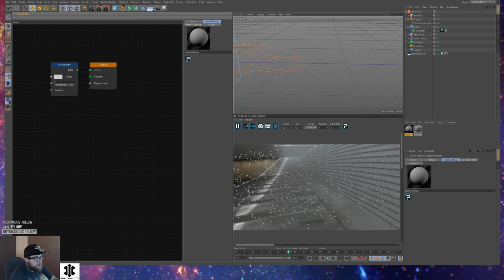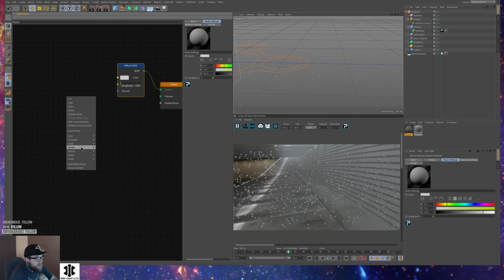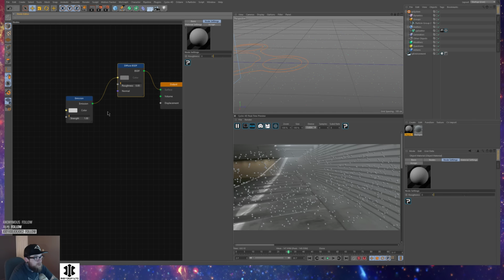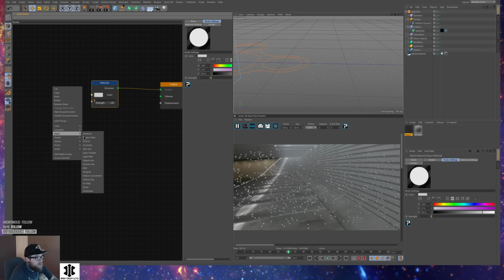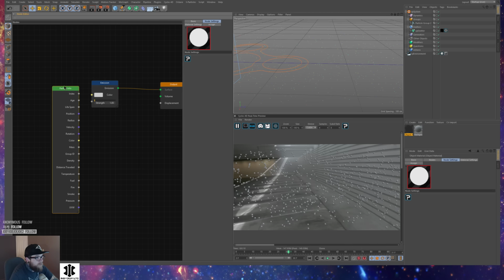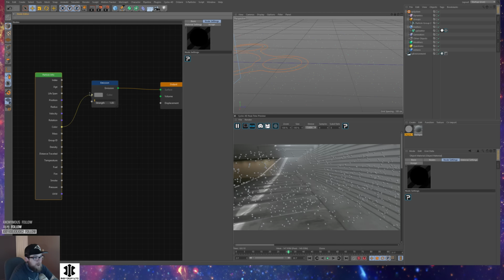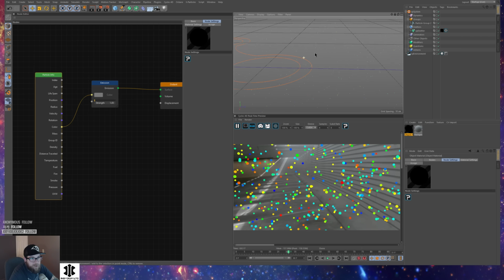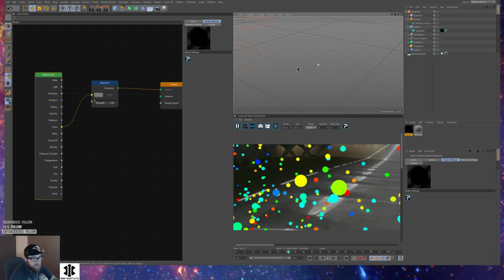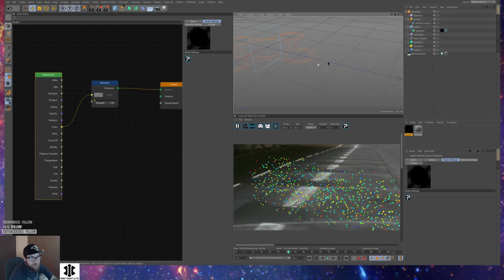So let me open up this material, and let's go ahead and create a shader emission, pass the emission to surface, get rid of the slice. Get this emission to surface, create an input, particle info, and pass color to our emissive color. So now that's just going to render the color on the spherelets that we have here. These are just spheres that are being rendered just like every other engine would. But